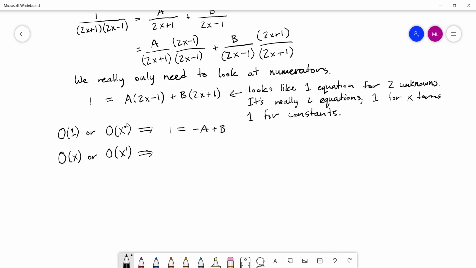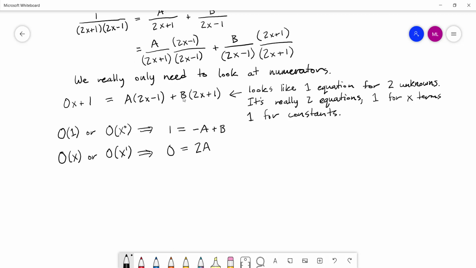Now let's look at the order x term. So what is the order x term on this side? There is no order x term. If we want to, we can artificially put one in and write it as 0x plus 1. So really I have 0 x's on the left. How many x's do I have on the right? Well, multiplying this through, I'll have 2a of them. So I'll have 2ax